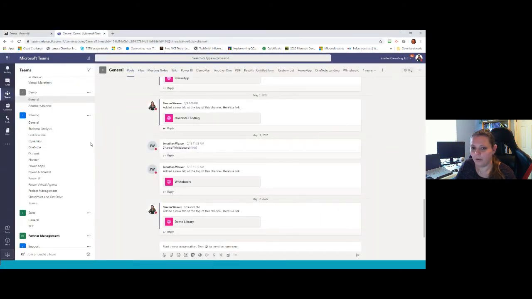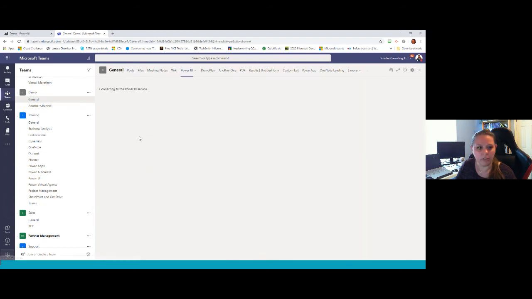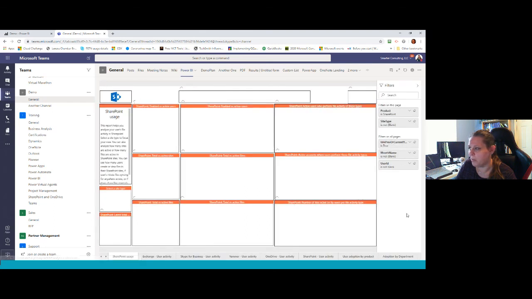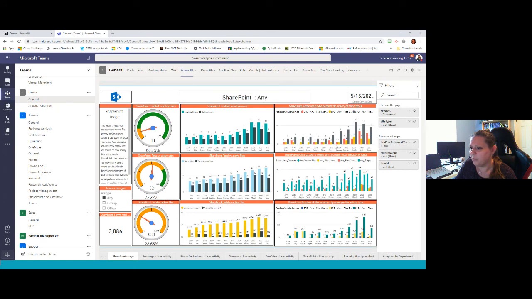All right, so I'm going to show you my teams. And one of the things that you can do is right here in your team channel, you can actually add a tab for a dashboard. So once you've created the dashboard and modeled it all and promoted it out to Power BI, you can actually publish it right here. And to do that, all you have to do is inside of your channel, click the little plus sign on your tab,